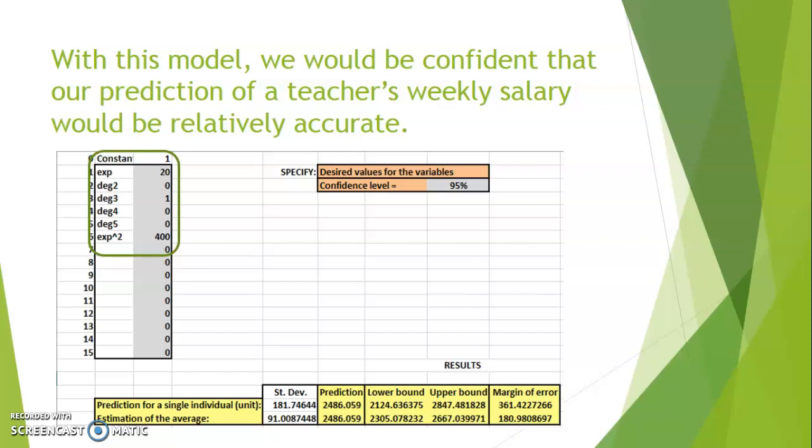The 1 that has been placed in category degree 3 means that this employee has a diploma in that specific category. We predict that employees with degree 3 and 20 years of experience would have salaries of $2,500 per